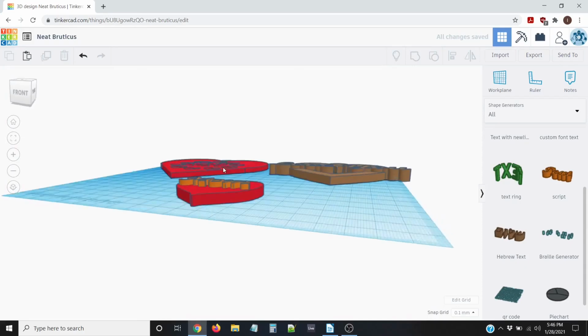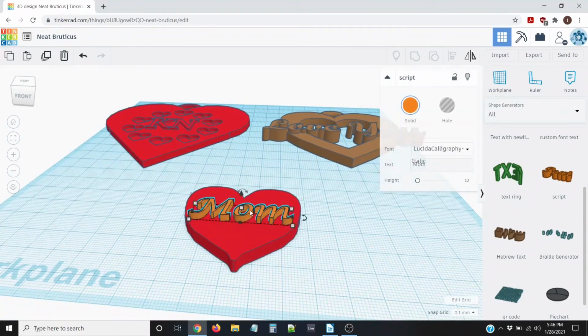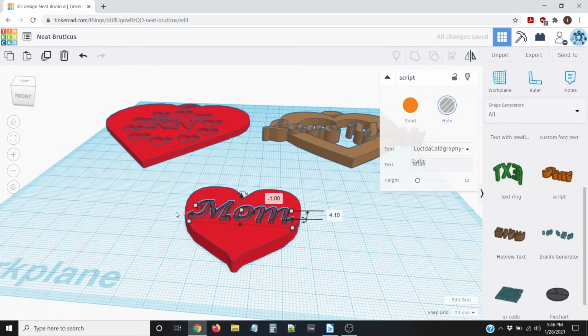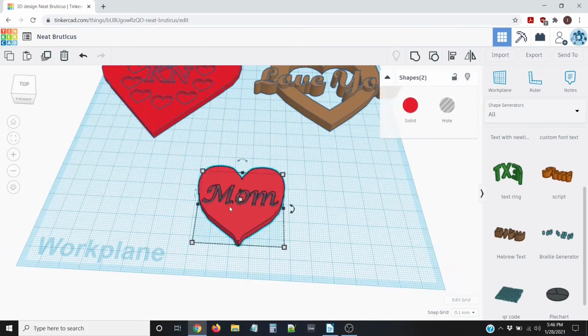All right, and so now what I want to do is turn this text from a solid to a hole. So I'll click on hole, and I actually want that text to cut in again, like over here with the hearts. I want the text to cut into this heart. So I'm going to grab that little cone shape right there, and move this in just ever so slightly like that. Zoom out, click on the side like that, highlight both of these, click the group tool right here, and now